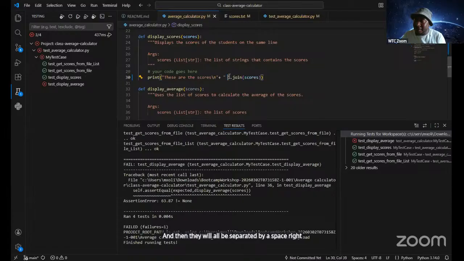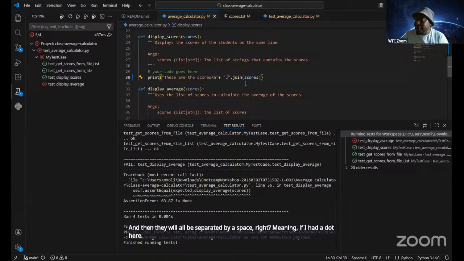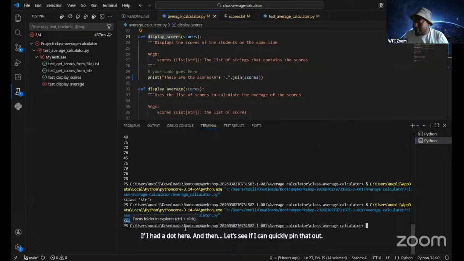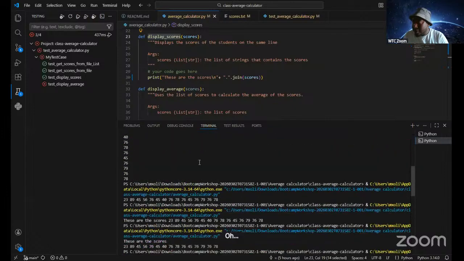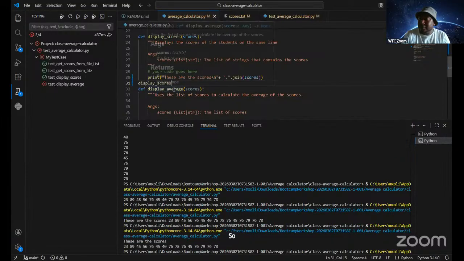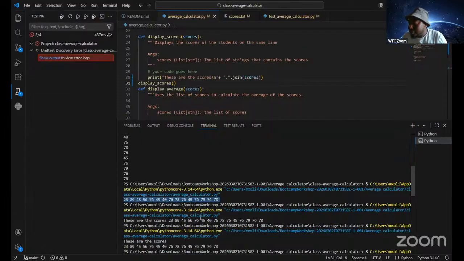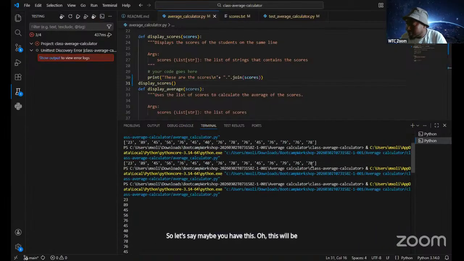Meaning if I had a dot here, let's see if I can quickly print that out. Okay, yeah, do this. So let's say maybe you have this. Oh, this will be much better.